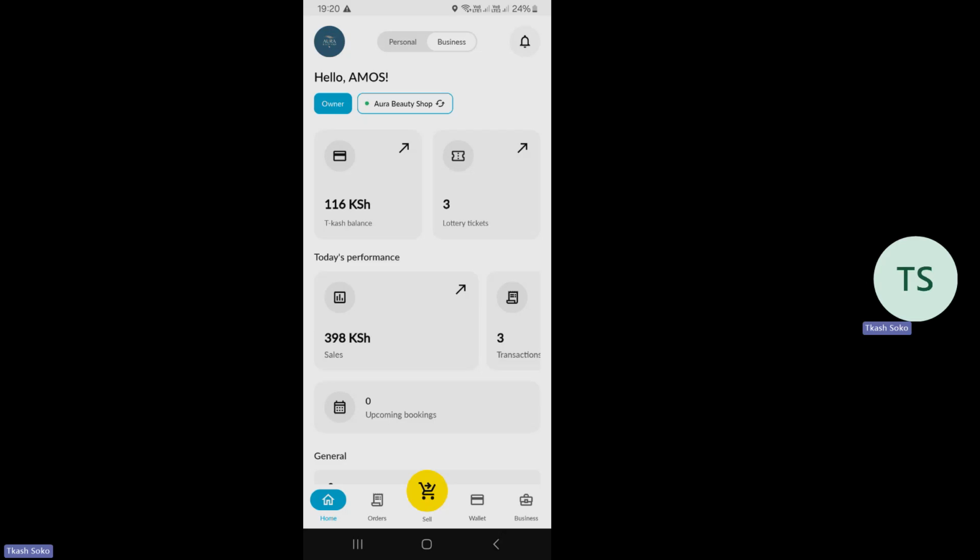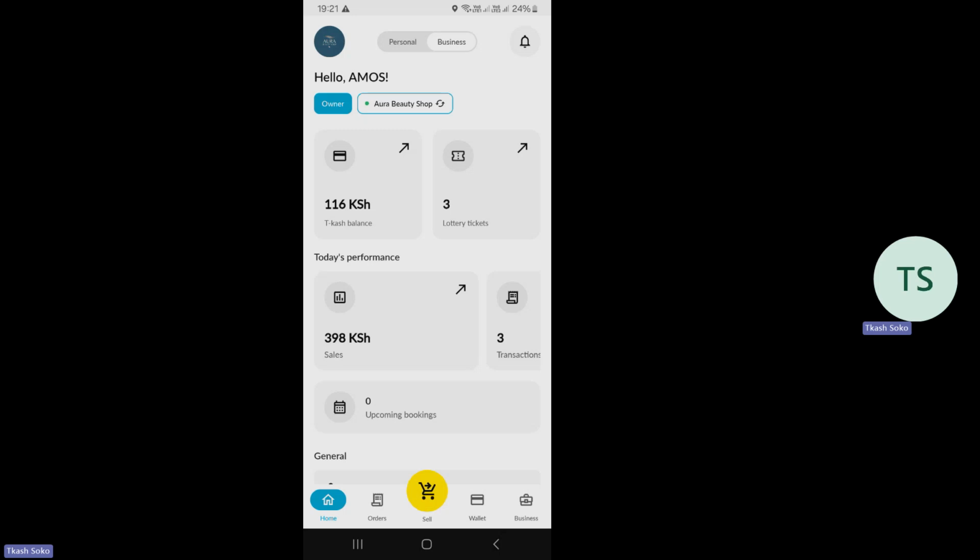We say that people can also decide to pay you using money from their M-Pesa. We said that when they pay you with this money from their M-Pesa, it comes directly to your Soko app. They can pay via M-Pesa by scanning or rather by using the USSD code. Then we said that there is also the option of cash payment. So now, the two options that I want to focus on are the option of the Soko QR code and the option of M-Pesa. When this person has paid via M-Pesa to your Tcash wallet, where does this money go?